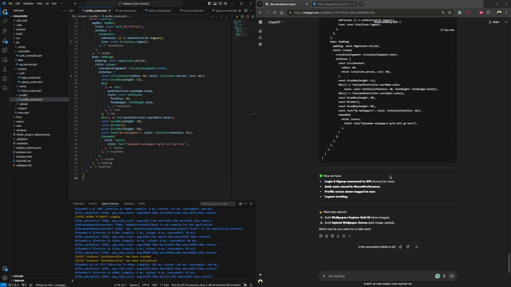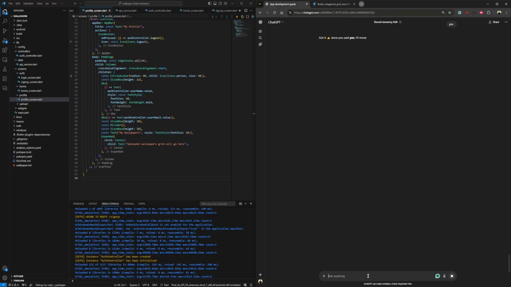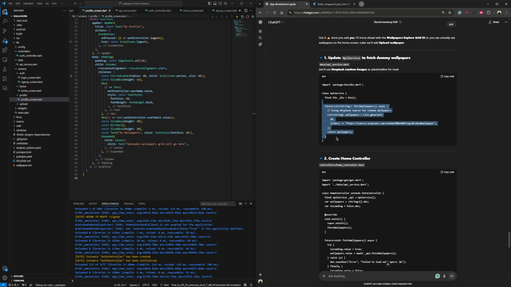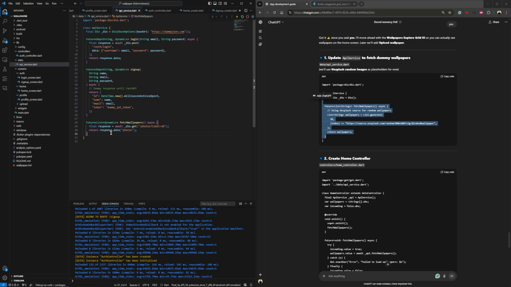Now what we need to do is create a wallpaper grid. So I'll just tell it to move and tell me how to actually get the APIs and all. So, sorry, the wallpapers. In the API service, it told me that we will use Unsplash random images as placeholders for now. So for now, it's using random images, and I'll just go into the API service